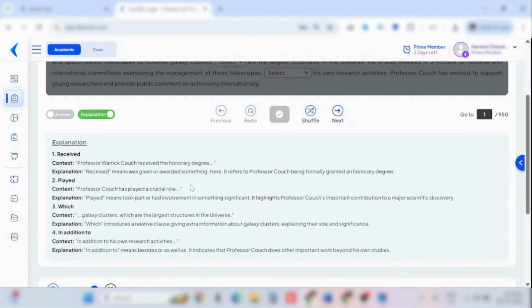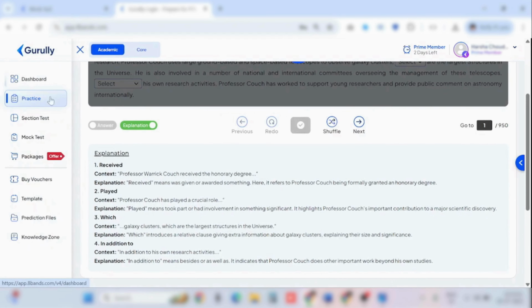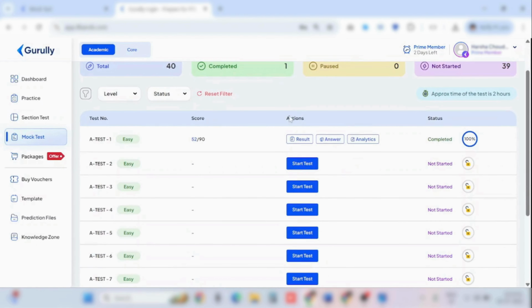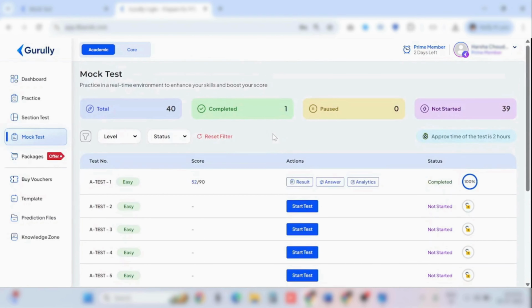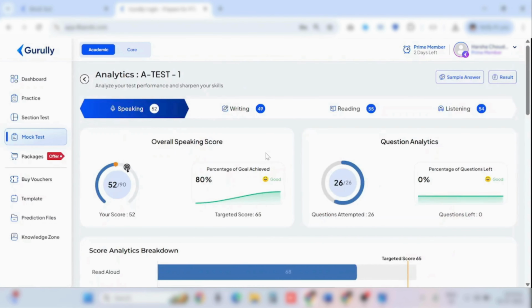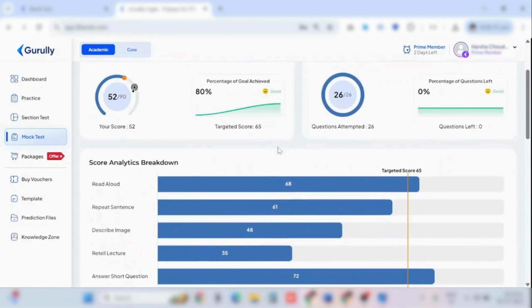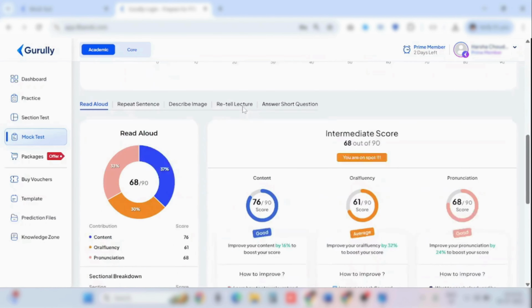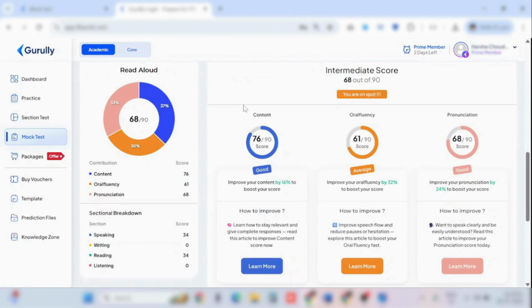Alright, so now let's jump to the mock test and see what new features we have gotten there. So in the mock test also we have changed the graphics a bit, so now it's looking more appealing, and I've attempted one test, so I'll show you the major changes that we have made is in the analytics part. So if you are already an existing user, you might be knowing that this was the previous analytics page, but now we have completely revamped it and have given you the option to see your analytics in depth, basically for